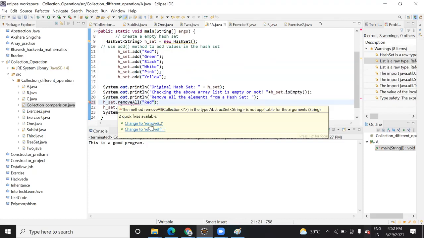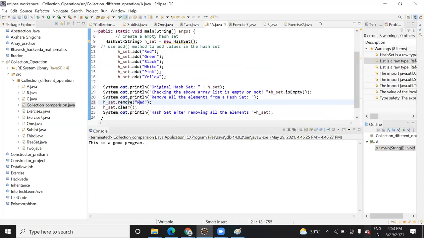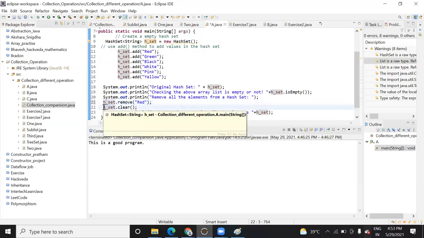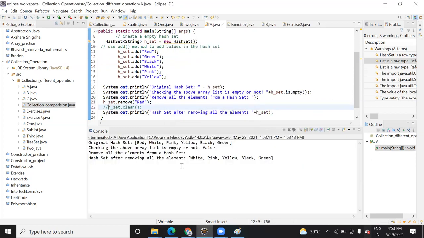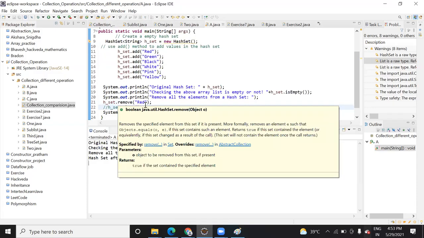It won't remove it. If I change it to remove, then it will remove it. You can see it's removed, right? But remove all is not used to remove a single element. Remove all will remove all the elements.